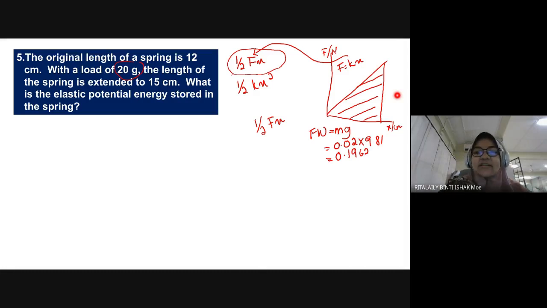What is the extension? We have the F, and what about the x? Berapa extension dia? 3 cm. So should we convert it to meter, or should we just leave it as cm? Okay, so 3 cm. So if we convert it to meter, divided by 100, it will become 0.03. Okay, so using the formula, half fx,